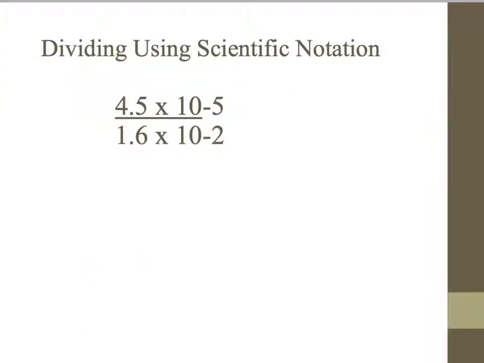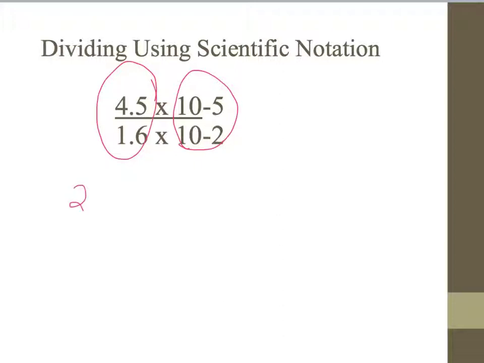Okay, so now let's apply a little bit of what we know about using monomials. Okay, so here if I'm dividing, I need to separate my numbers from the times 10 to the exponent. Because I'm dividing, just like whole numbers that we were dividing, it's like the coefficient. Okay, so 4.5 divided by 1.6